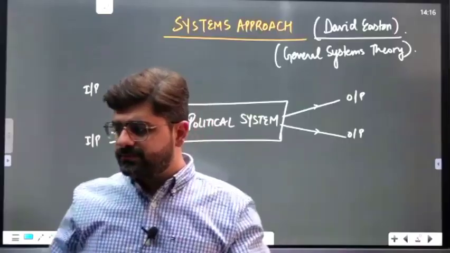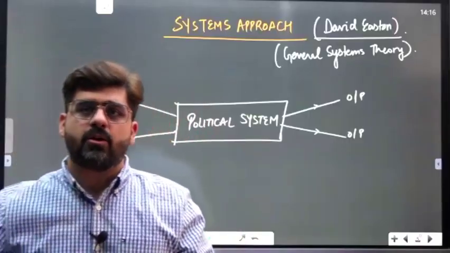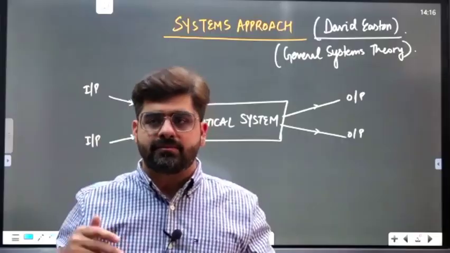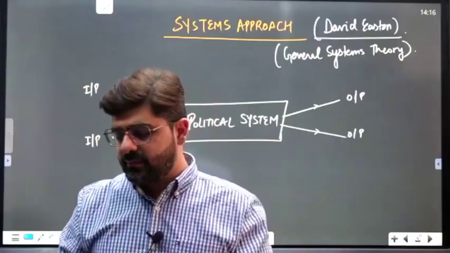What does science do? Science is going to take care of things in an impartial or neutral manner. For example, F is equal to ma. It is applicable